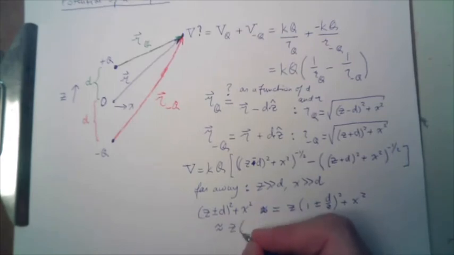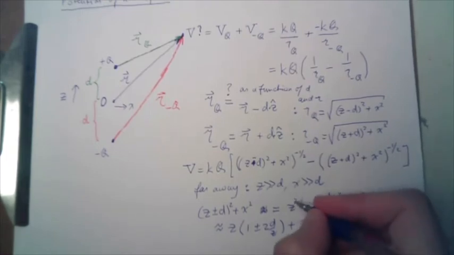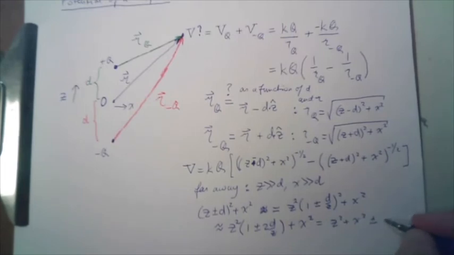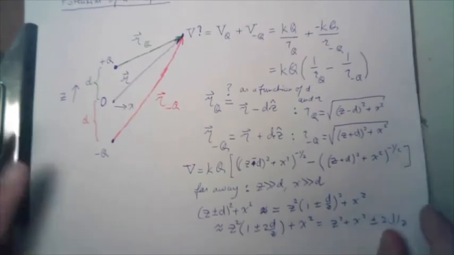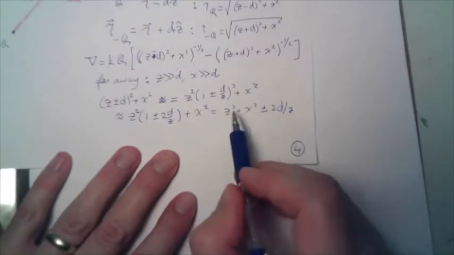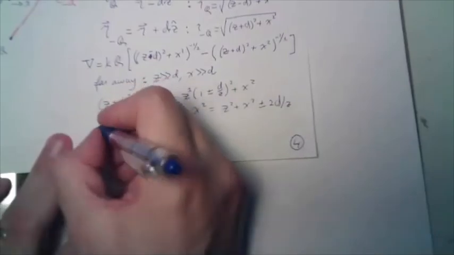This becomes z times 1 plus or minus 2d over z, plus x squared. Oops, there's a squared missing here. And now we can factor these in. We can say it's z squared plus x squared plus or minus 2d over z, which again, we can expand. Because we're going to have to take the square root,